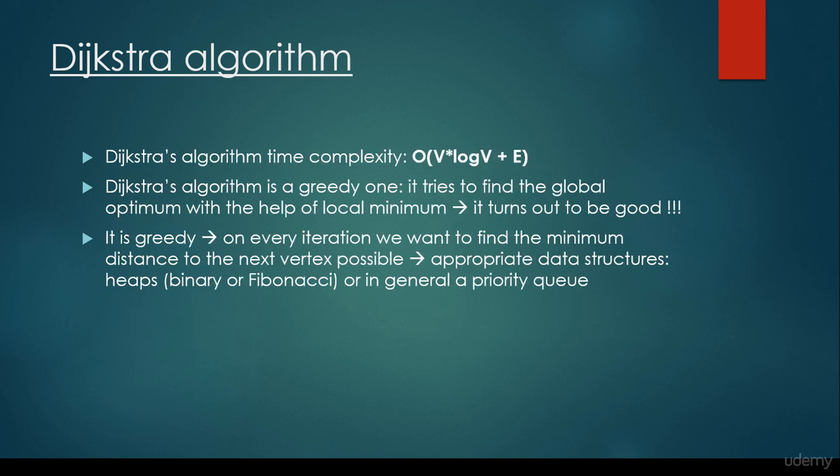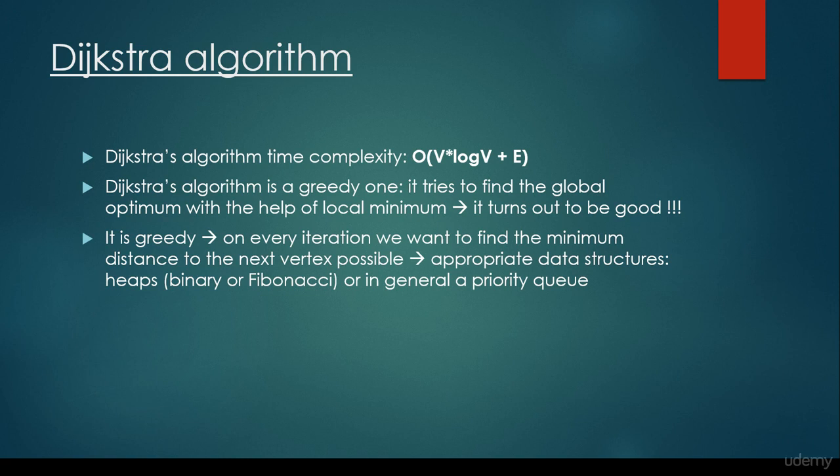What about the time complexity? It is O(V log V + E), where V denotes the number of vertices and E stands for the number of edges in the graph. And you may pose the question: why is it good to know data structures? Why is it good to know about heaps, priority queues, and so on? For Dijkstra's algorithm, it's very important that without a proper data structure, the running time would be